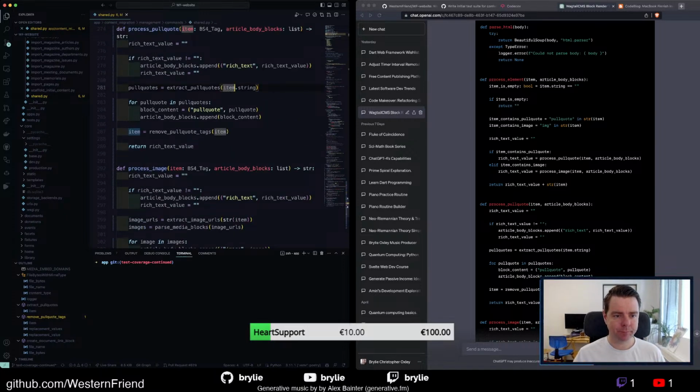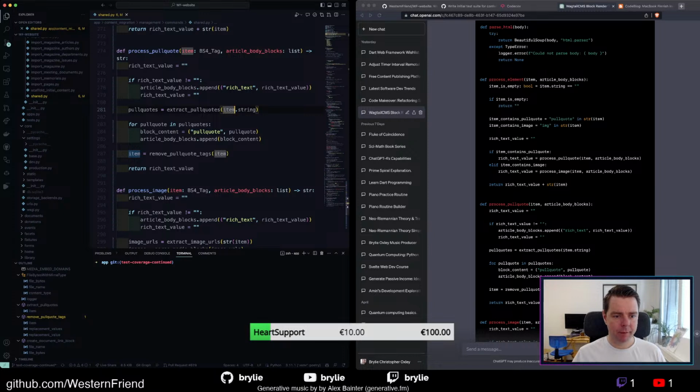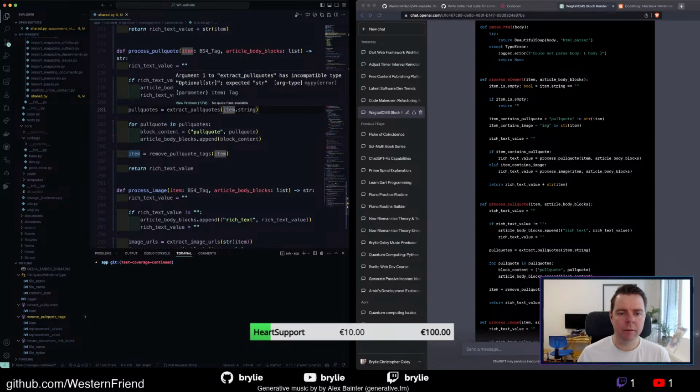Okay, so now we got some more issues. This is the one that's been plaguing me with this BS4 tag. When BS4 parses the HTML, it can output several different classes. I don't have a strict way of telling MyPy this is, as far as I know, only ever going to be a BS4 tag. See, it's saying extract pull quotes is incompatible type optional string, expected string. So yeah, it's saying that this is